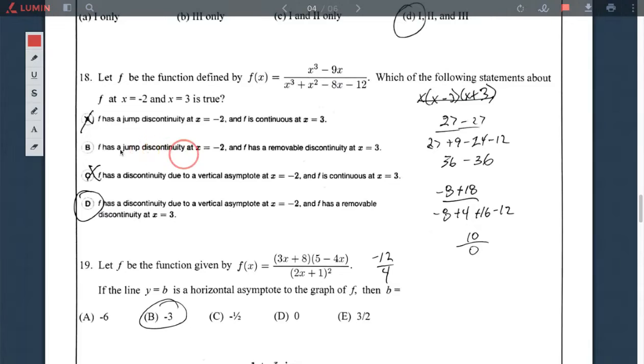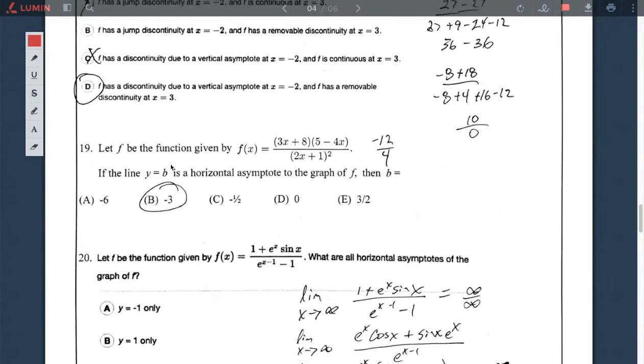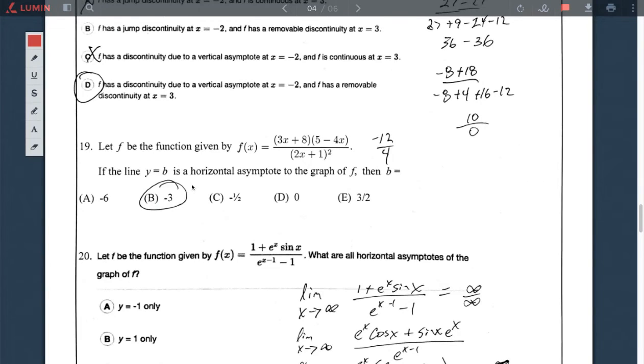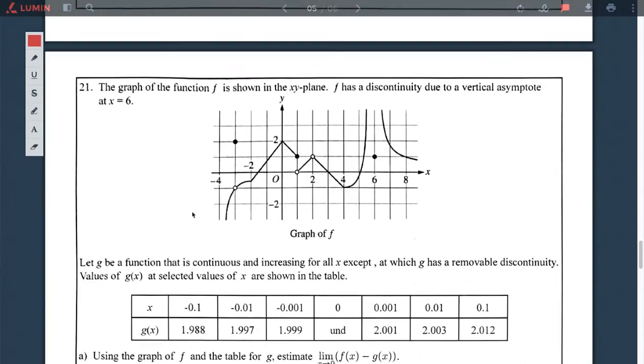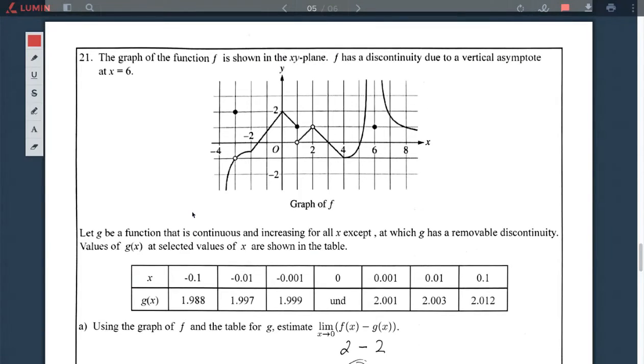You're only going to get jump discontinuities if you're dealing with a piecewise or if you're dealing with one of those absolute value problems where either the top or the bottom is in absolute value. So if you don't have an absolute value or a piecewise, you're not going to have a jump discontinuity. So we could have eliminated those two pretty quick. The next one, we did 19 in class, and I told you to skip 20. 21, graph of